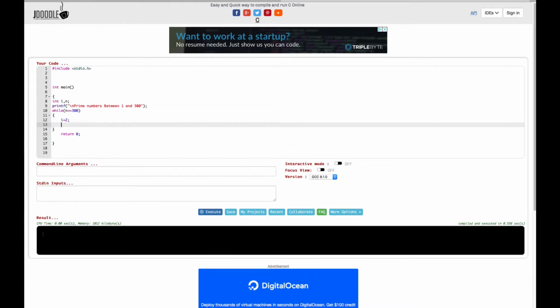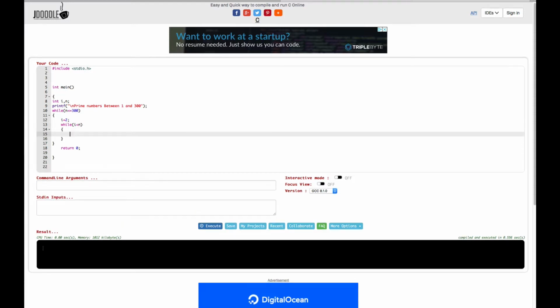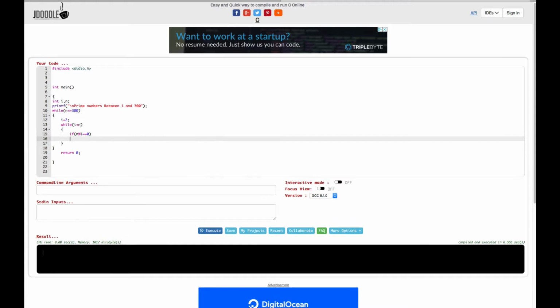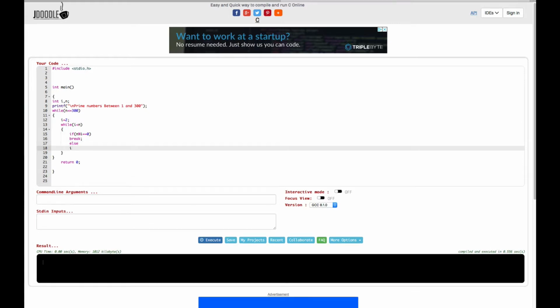and also we are going to create a nested while loop. In this one we are going to set another condition, i should be less than n, and then we are going to create an if statement inside of this nested while loop. If the modulus of n and i is equal to 0, it should break, so we give a break right here, and else if it's not equal to 0 we have to do the increment of i plus plus,